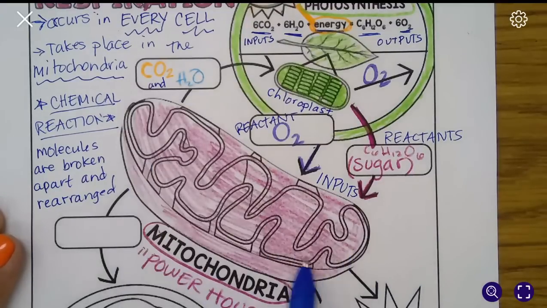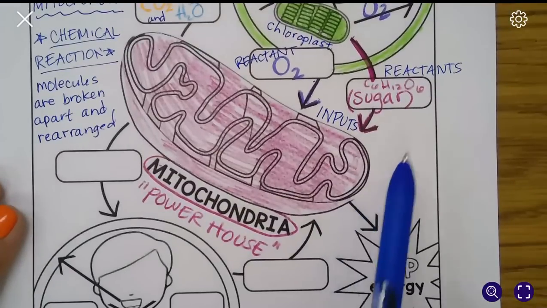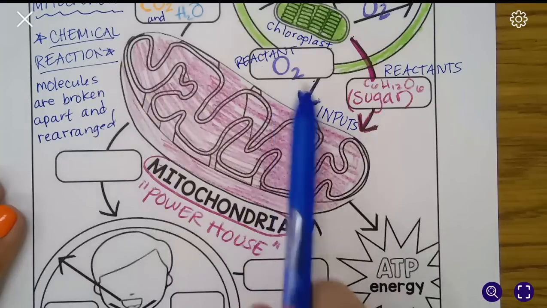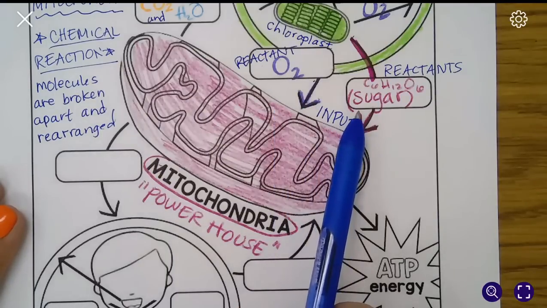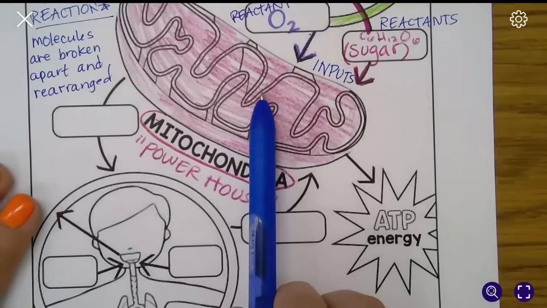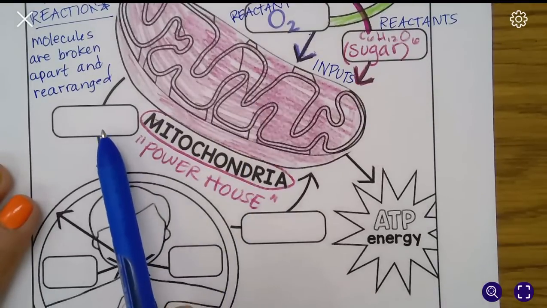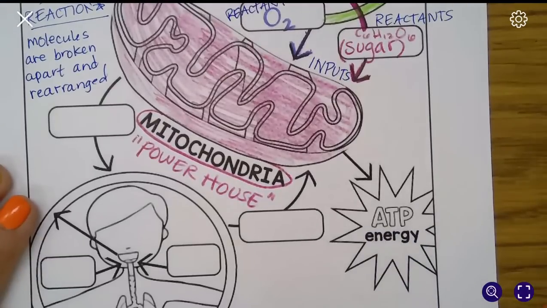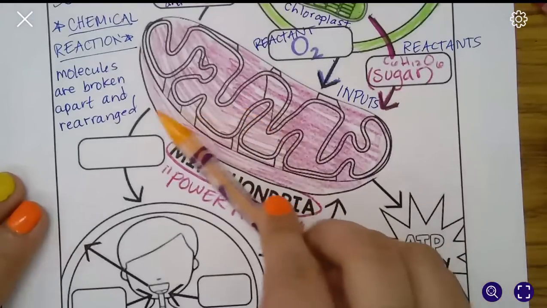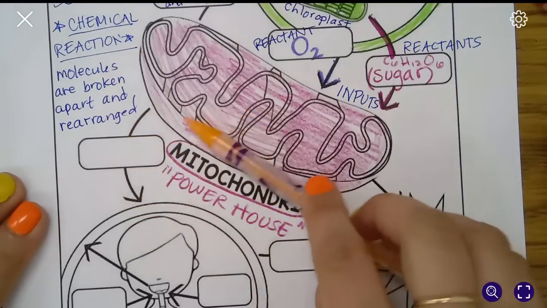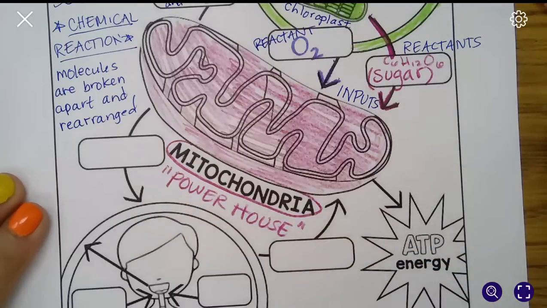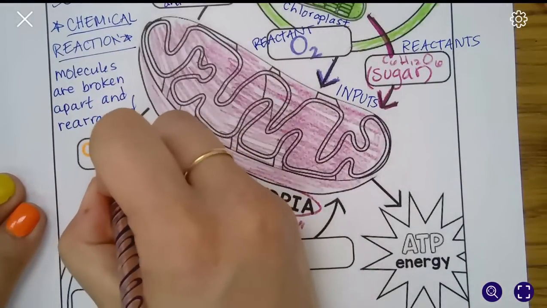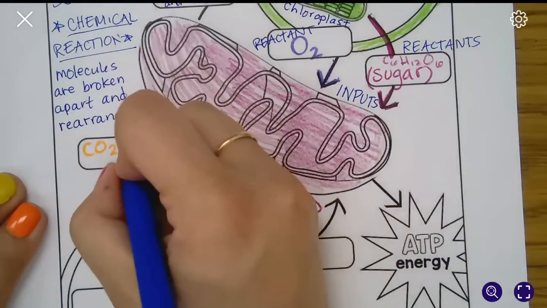And then inside the mitochondria, we're going to have a chemical reaction where we're going to rearrange the oxygen and the sugar into carbon dioxide, water vapor, and energy. Okay, so we're going to fill that in. Grab your orange. The first thing we're going to get rid of or produce in the mitochondria are our waste products. So that's CO2 and